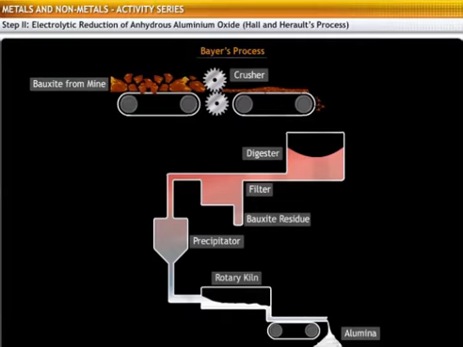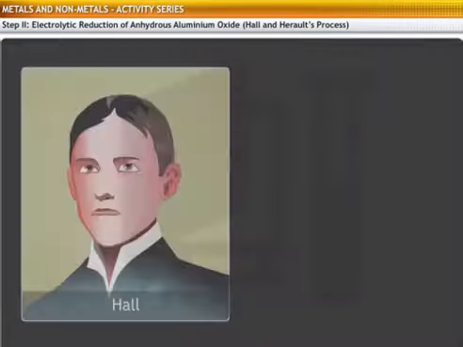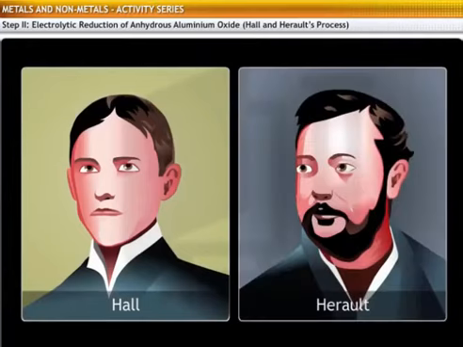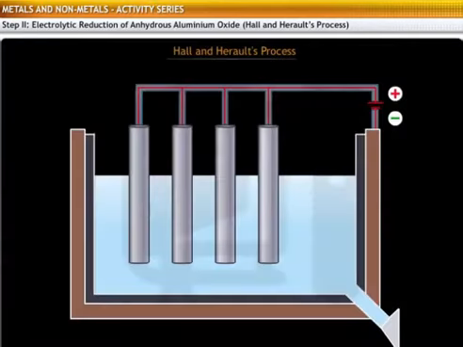The second step in the extraction of aluminium is the electrolytic reduction of alumina obtained using Bayer's process. This is done through Hall and Héroult's process. Hall and Héroult developed the process independently. The electrolytic cell used in this process has the following components: